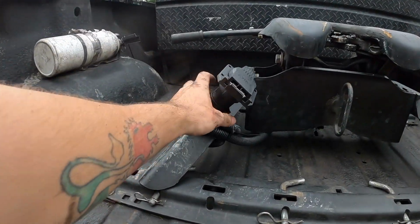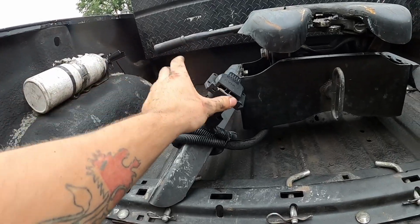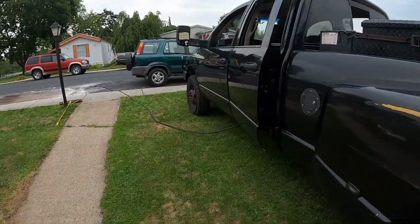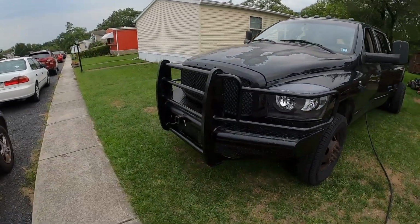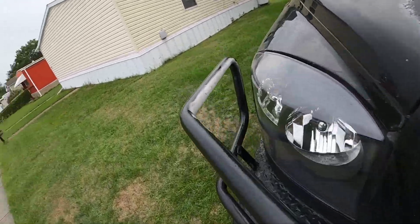I'm gonna run it here until I figure out where exactly I wanna put it, but this will work for now, so I will be able to plug mine into the bed. Got rid of the cat plate, and since I've decided that this truck is not going to be black forever, here's what it looks like. So I gotta finish up on the insides and whatnot, but